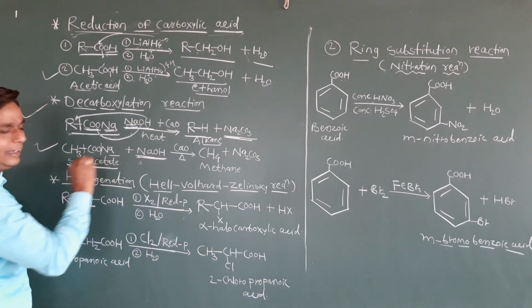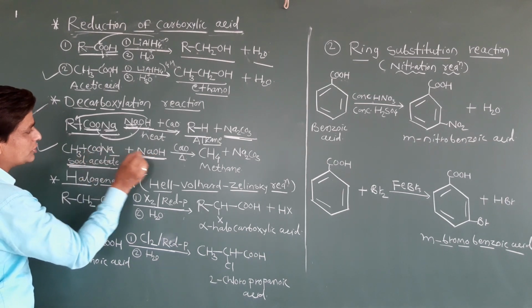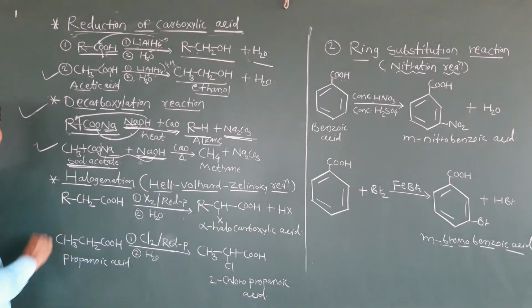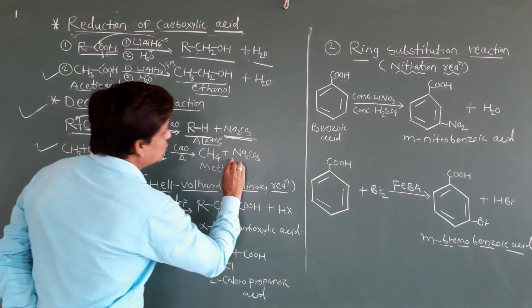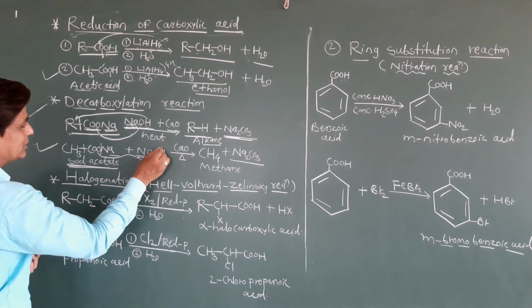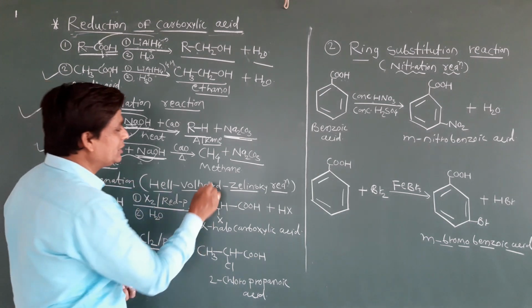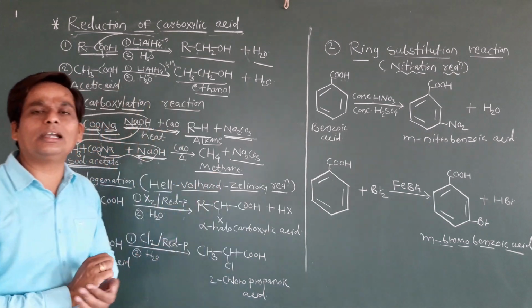This Na and this Na, and the bond is breaking from here, this carbon and 2 oxygen, and one more oxygen is going to be attached here. So what will be removed? Sodium carbonate. And this one more hydrogen is going to be attached here. So this CH3 now converts into CH4, which is nothing but methane.